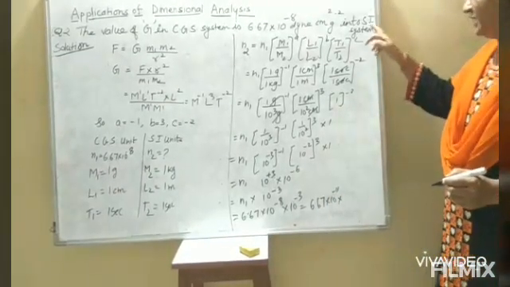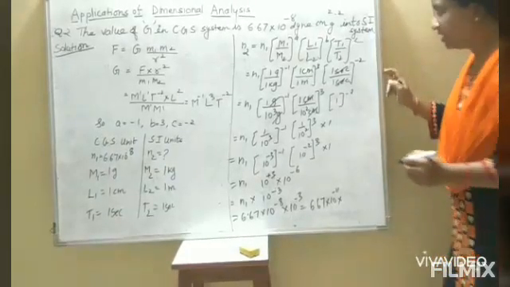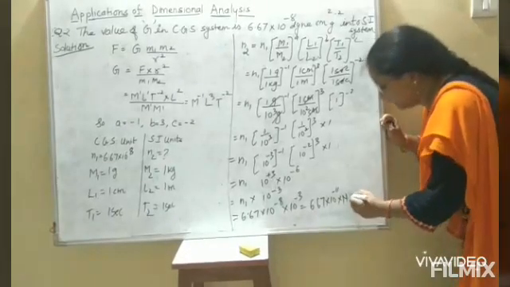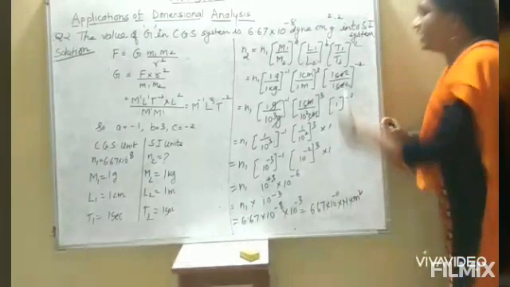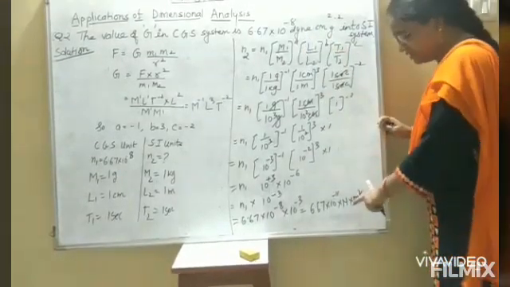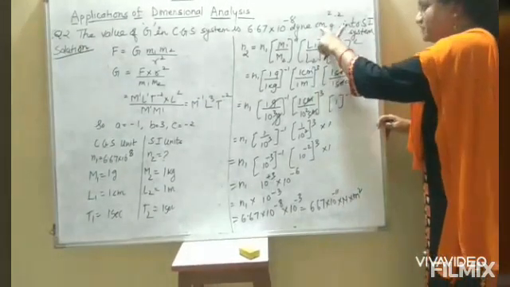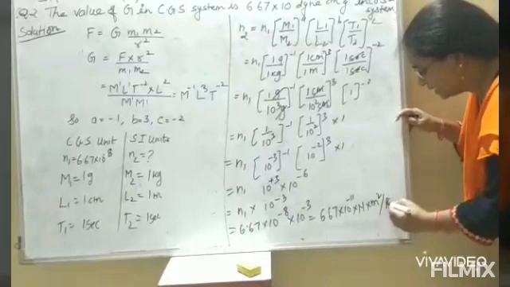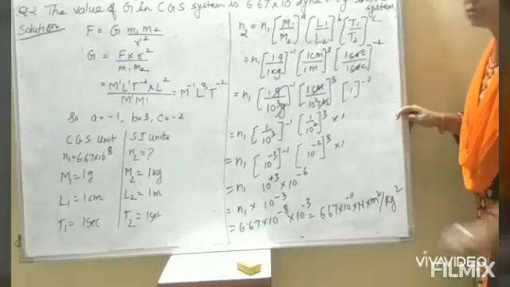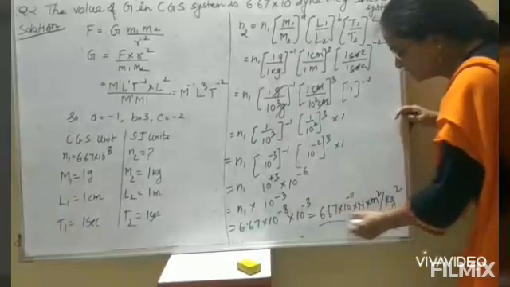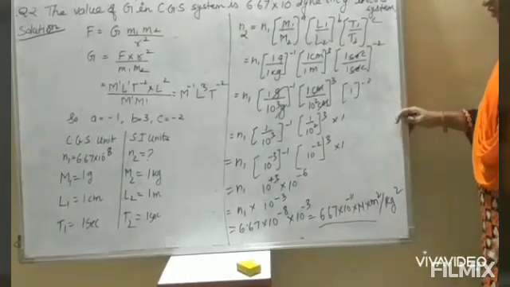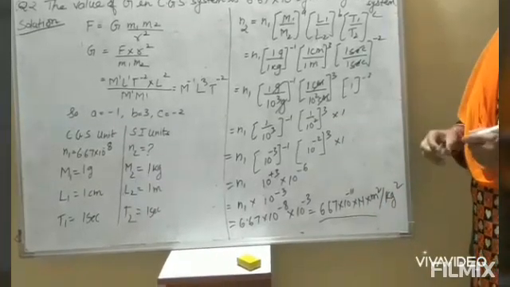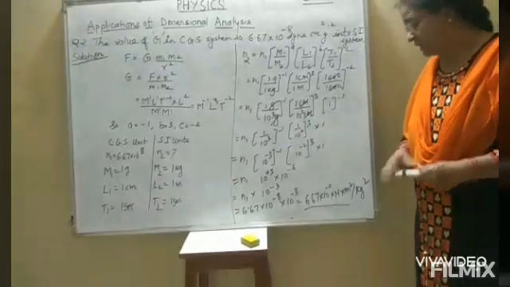And the unit in the SI system will be Newton. The SI unit of force is Newton, into meter square. In place of dyne we have now written Newton, and in place of centimeter we have written meter square. Newton into meter square per kg square. So our answer will be equal to 6.67 into 10 raised to power minus 11 Newton meter square per kg square. I think students, you all understood.